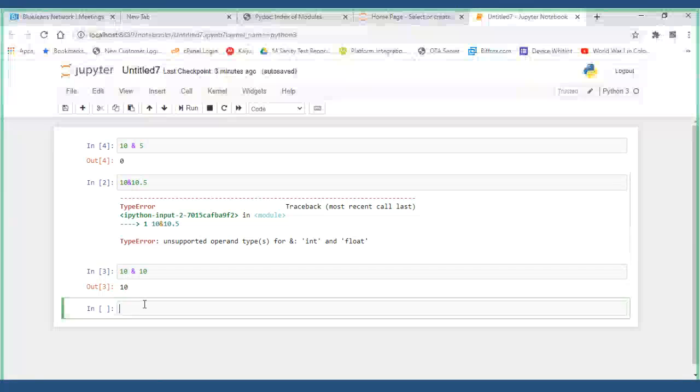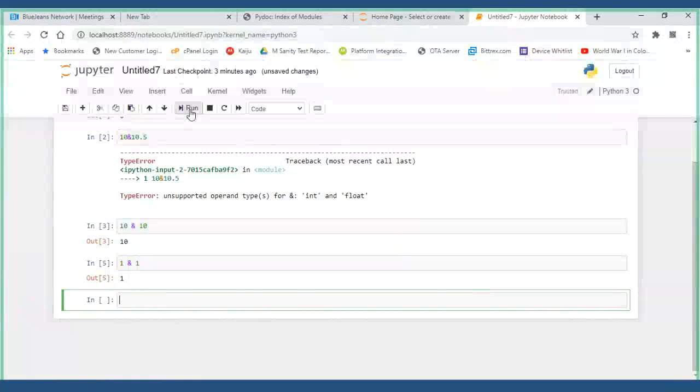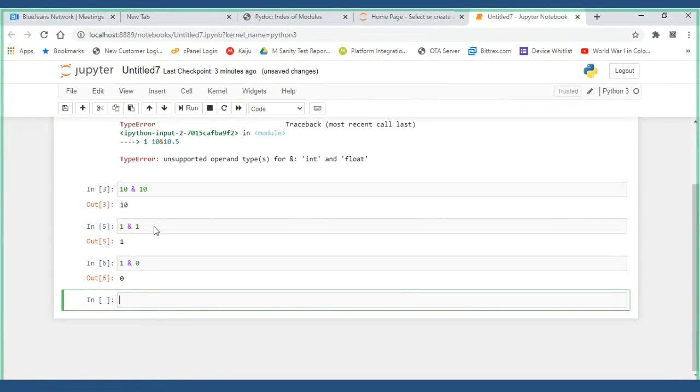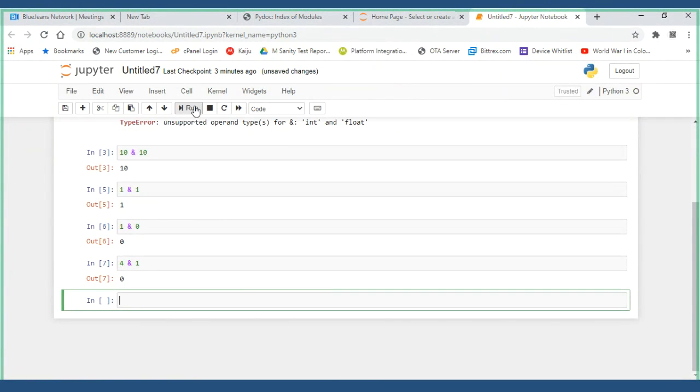Say if both are 1 and 1, now it gave me 1. If I have just see 1 and 0, what you have observed now, 5, 4 and 1, it returned 0 like that to me.